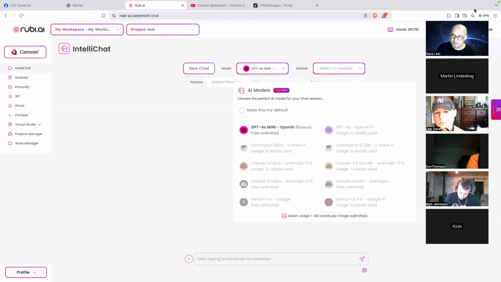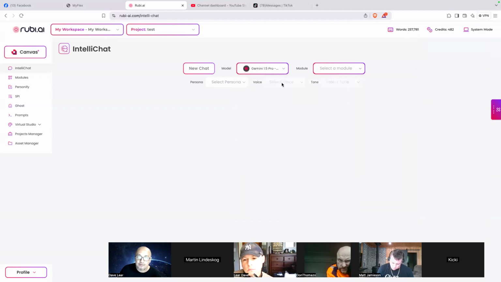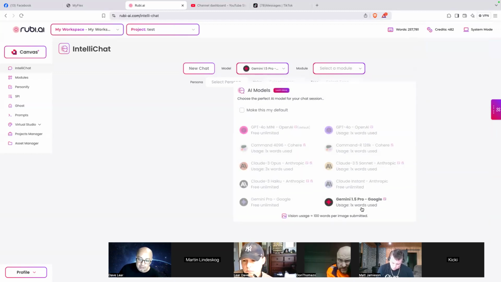Meaning if you use them, it will deduct from your words allotment, depending on the package you bought. Like if you use Gemini 1.5 Pro, it will use one word used. Every word that you use will be deducted. That's why you also need to have your words credit. But these are very good chatbots, and it will definitely give you very good results when you use it. But you can also use the unlimited free.